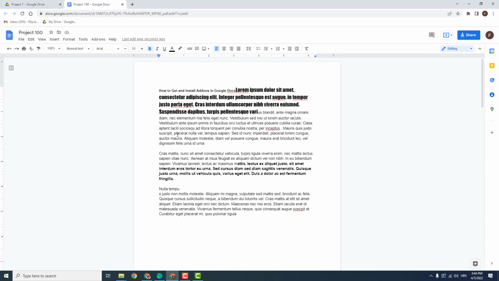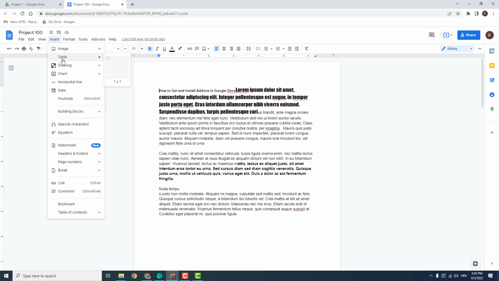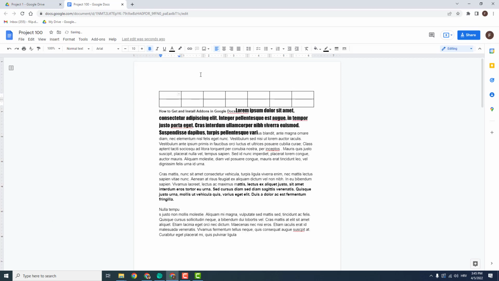Let me show you how to insert a table in Google Docs. To do that, all you need to do is go over here to Insert, then Table, and over here draw how big a table you want to add. For example, like this. And now you can just type inside the table as usual, and over here you